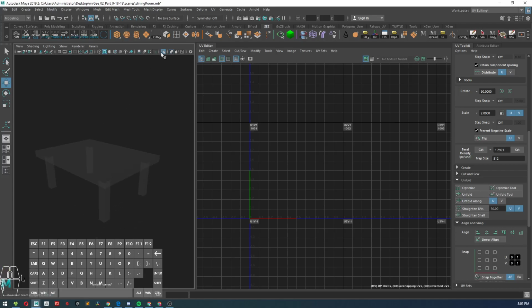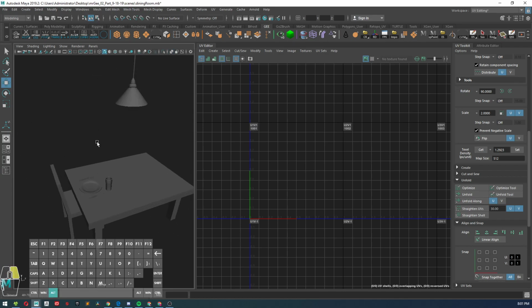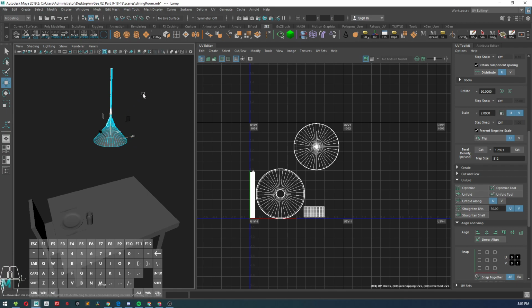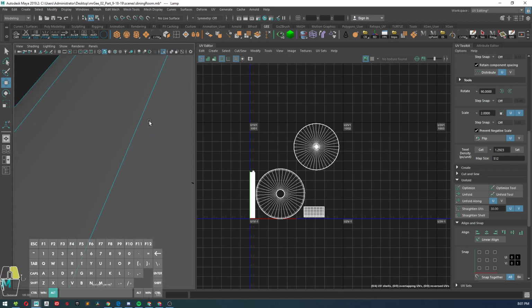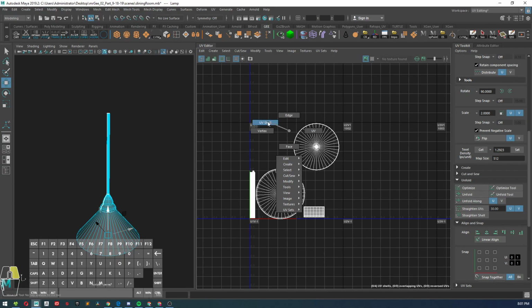So now we're going to move on to the next object. Let's go ahead and unisolate this table, get out of X-ray mode, and select this guy, the lamp. I'm going to isolate that. Don't really need to put it in X-ray mode, but I'm just going to go ahead and